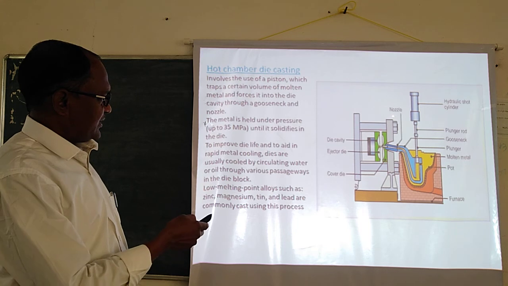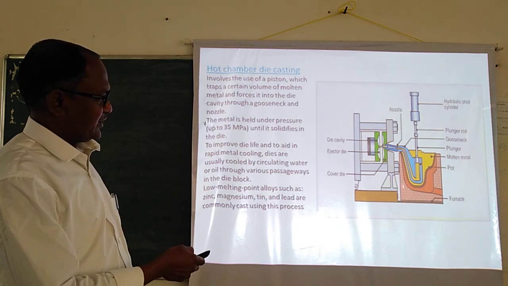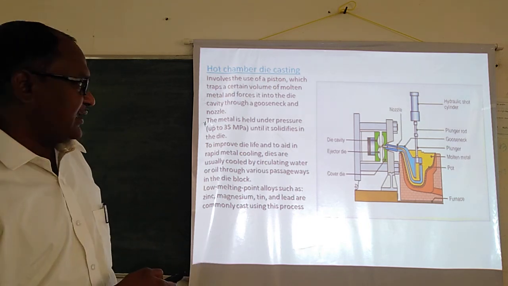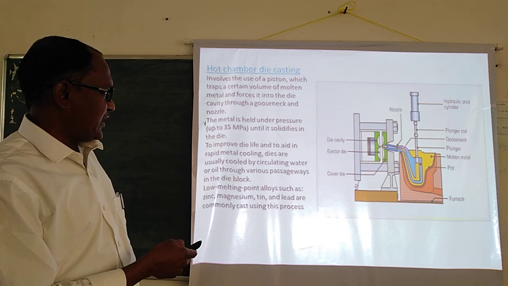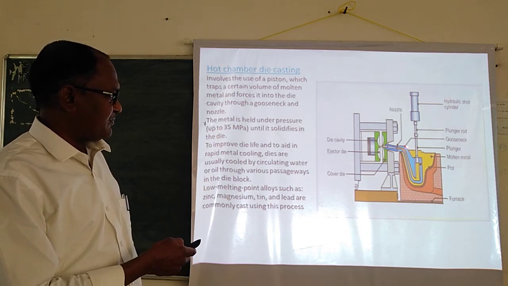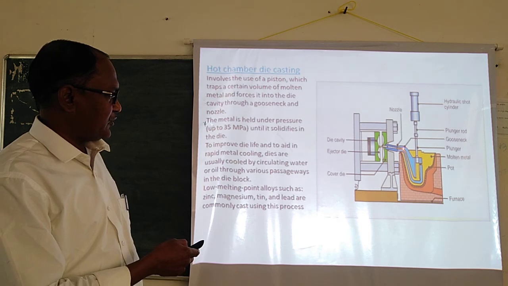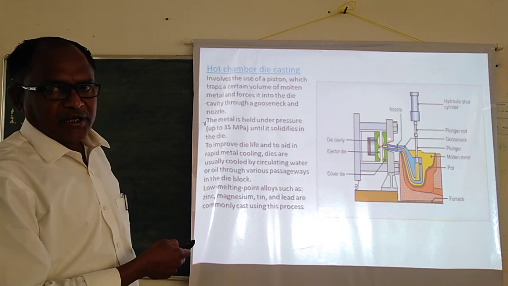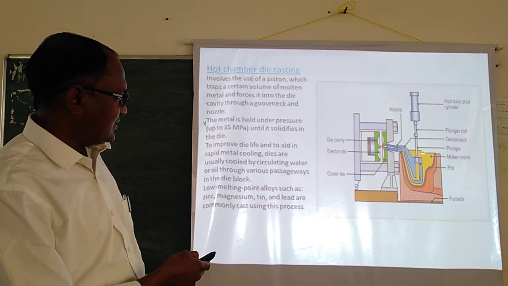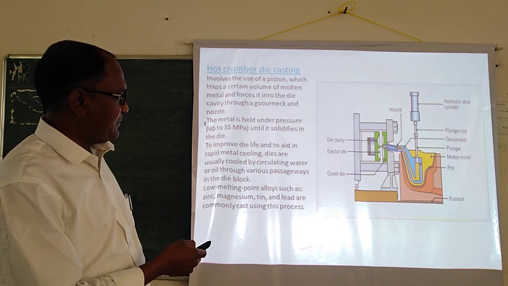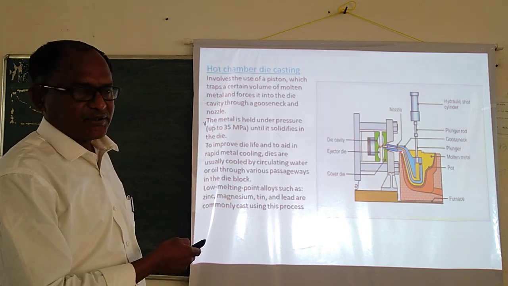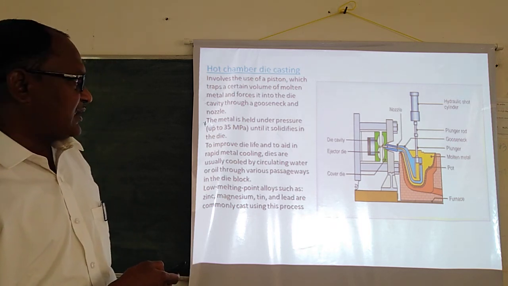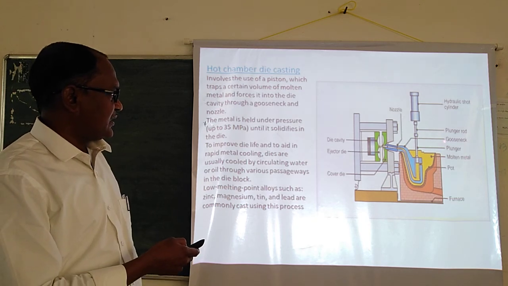And this is the movable die, this is the fixed die, and this is your furnace, and this is the particular pot. This pot is also called a crucible or ladle, and this is the plunger. This is the gooseneck. The gooseneck is provided to retain the temperature of the molten metal so that it will not solidify at this end. If the molten metal solidifies, it will not reach up to the mold cavity. So the temperature of the molten metal must be maintained up to the mold cavity. So that is the purpose of the gooseneck. It will avoid the heat losses to the surrounding. So that's why this gooseneck is used.